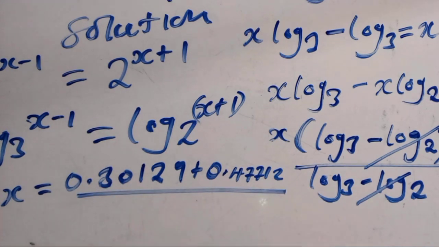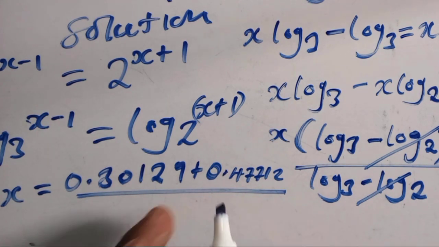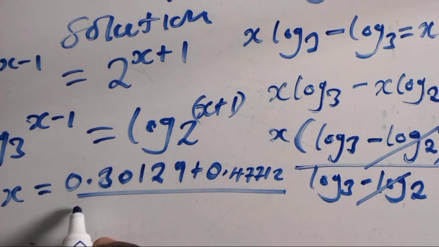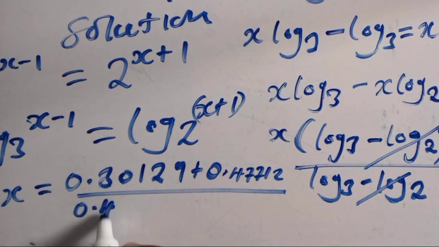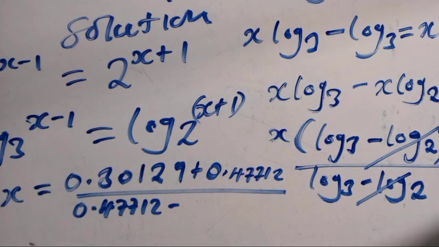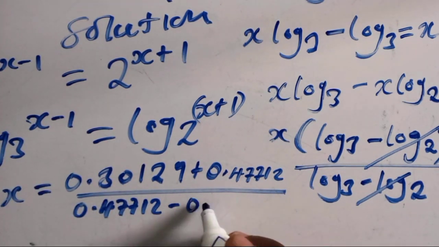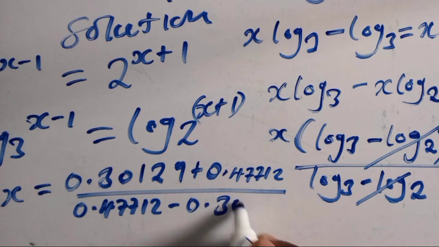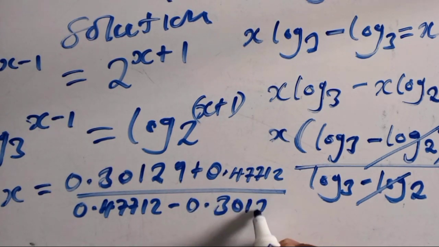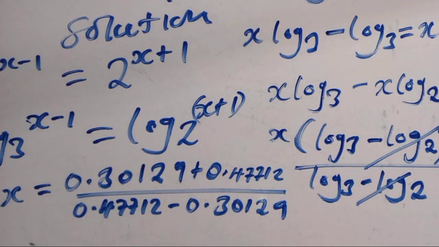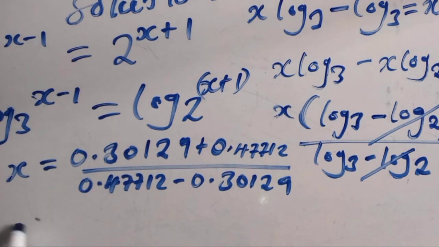Then we divide here. We all know that log 3 is this number here which we have, which is 0.47712 minus the value for log 2, which is 0.30129, in which it will be x equals,